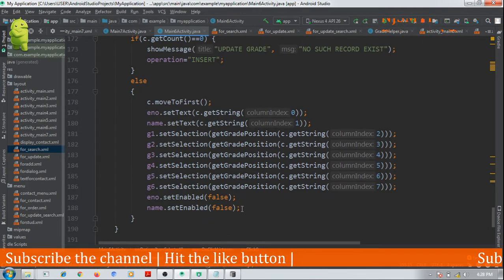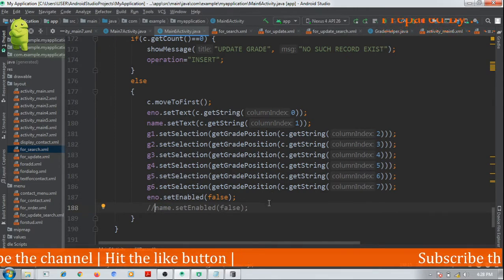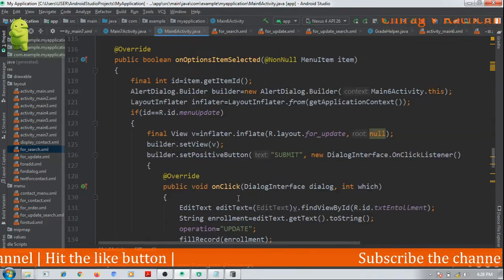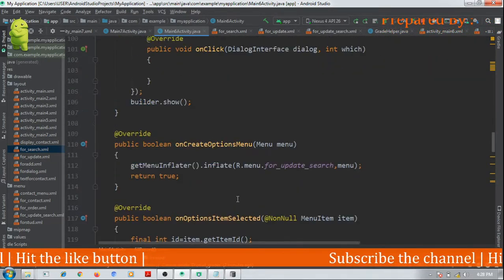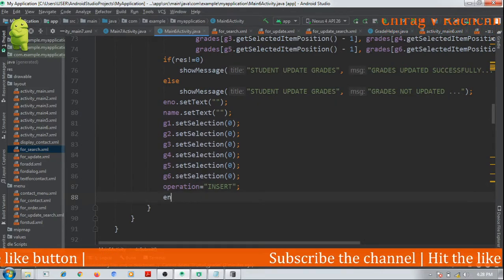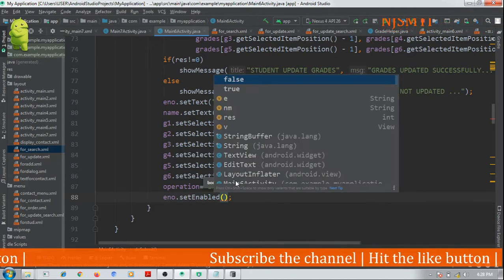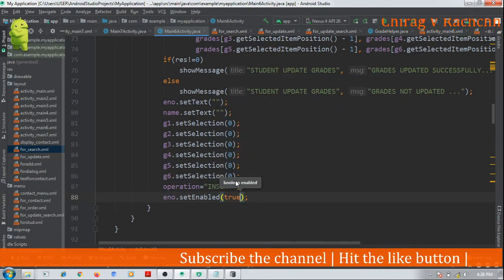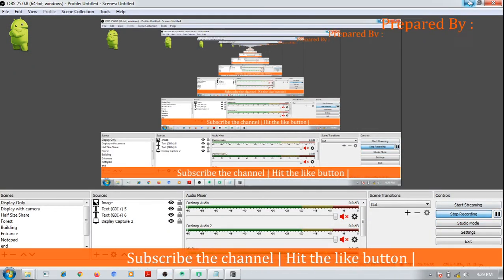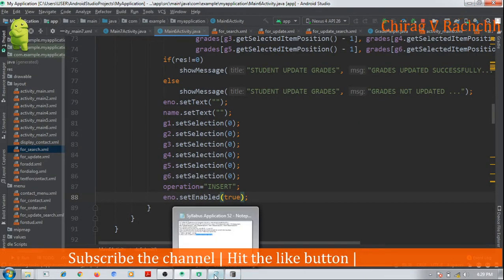Here let me have this name not set enabled false, and we should also enable this again, whenever we are clearing all the things in the do submit. Here operation and enumber dot set enabled true. So let us again execute and check it, so I can correct the name.